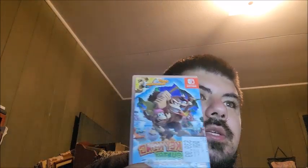Next game we got is Donkey Kong Country Tropical Freeze for the Nintendo Switch. So this is case only, so we're gonna factor this in. We're looking for just case only. So case only goes for $6.99. This is really not a pickup. So we got $6.99